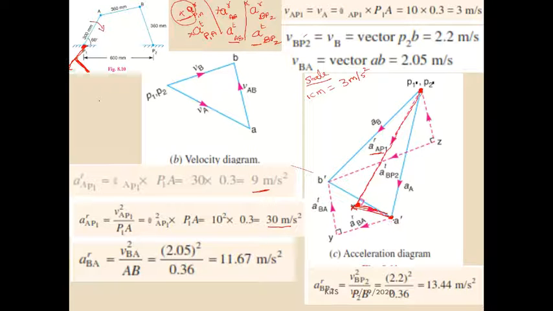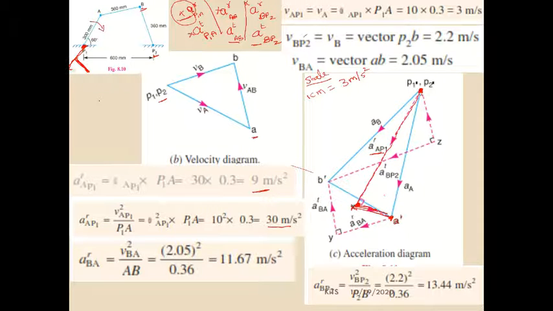So this is point A, and remember, in the space diagram you write everything in capital letters. In the velocity diagram you write everything in small letters. In the acceleration diagram you have to use small letters with a dash: a dash, a dash. So first I drew the radial line for the crank, then I drew the perpendicular line for the crank, and I got point A.